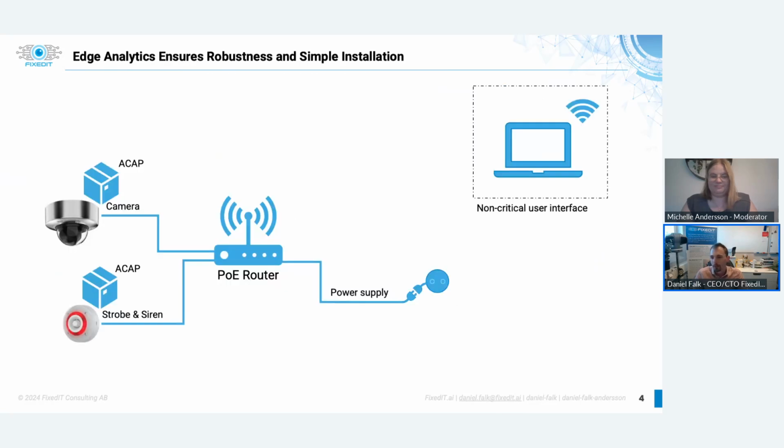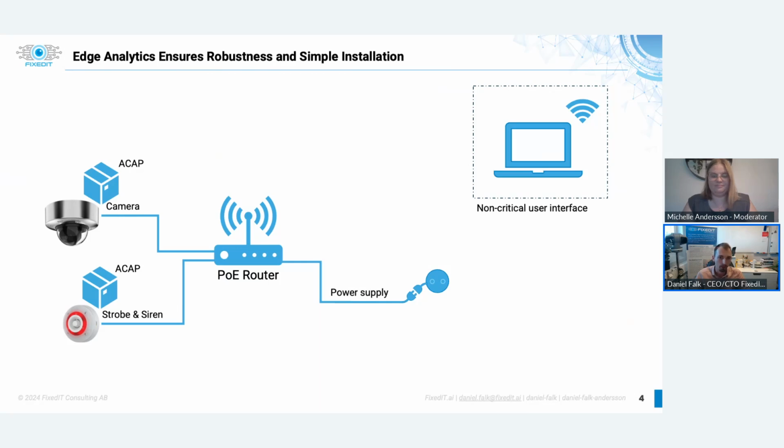So one of the reasons that we want to use edge analytics is that we put all the important things as close to each other as possible. So we remove dependencies on parts of the system that might break the functionality. So in this image, we can see that we have one camera, we have one strobe. Both of these can run ACAP applications. They are connected to a router. So with one single cable, the camera will get both network connectivity and power,